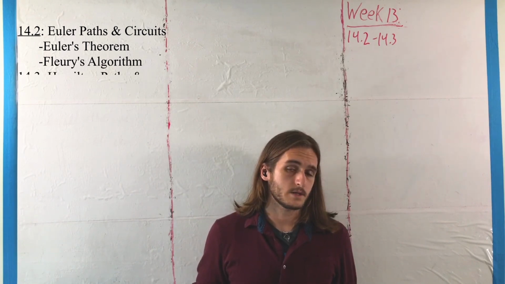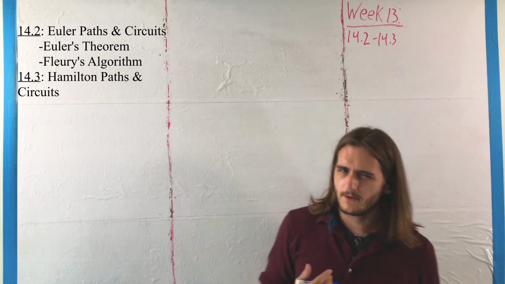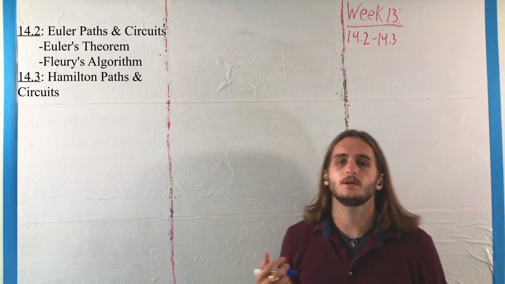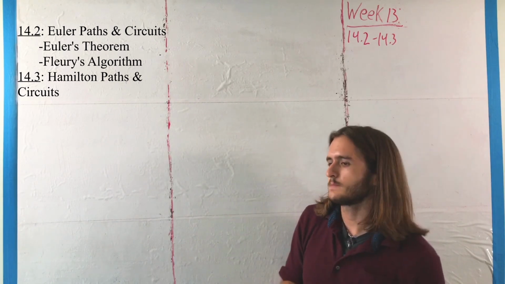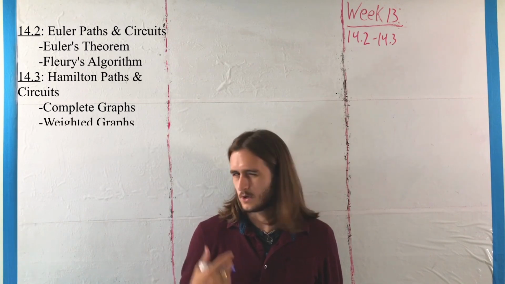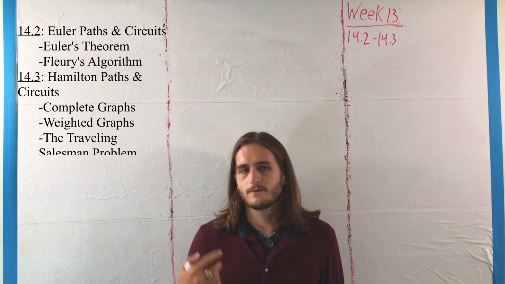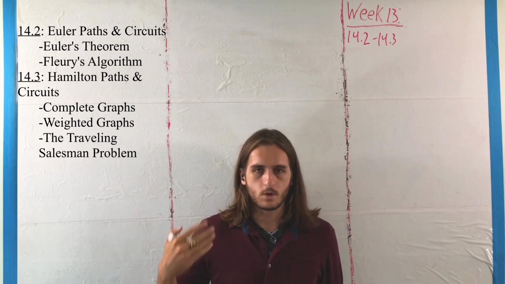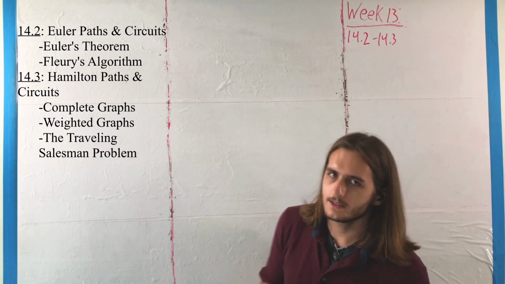And then in 14.3, we're looking at a different kind of selection of the same type of idea. We're talking about things called Hamilton paths and Hamilton circuits, which again, you can call Hamiltonian paths and circuits in other contexts. Don't know why that's different, but hey, so it goes. For these, we have some specific applications we can talk about in terms of things called weighted graphs, where we're looking at solutions to what is referred to as the traveling salesman problem. We're trying to find the way to maximize or minimize the amount of a thing used